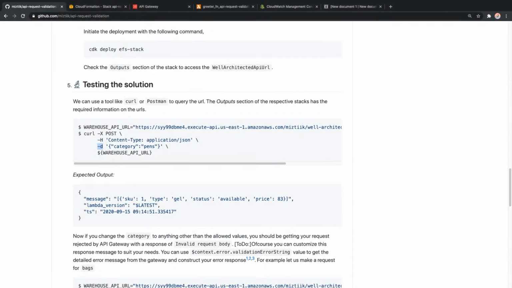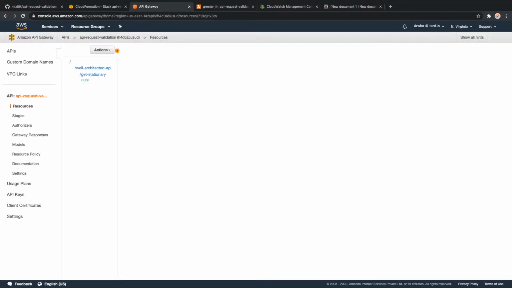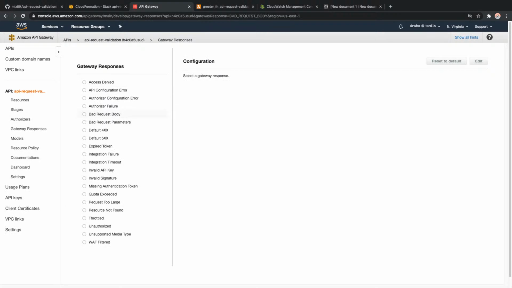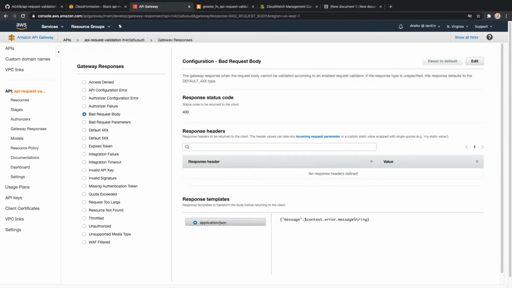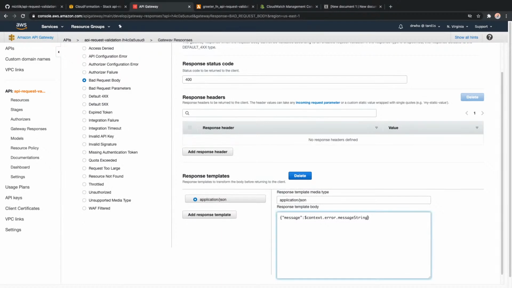And if you remember, under models, okay, it got reset. Let me go back to API Gateway, and we saw a section called gateway responses. Under gateway responses, I'm going to choose the one which says bad request body, and select it. This is a JSON dictionary, so I'm going to say edit, add a comma here, and then add a message saying custom error message, something like that, close the brackets and put it in quotes.